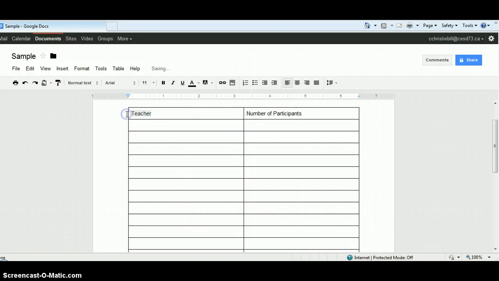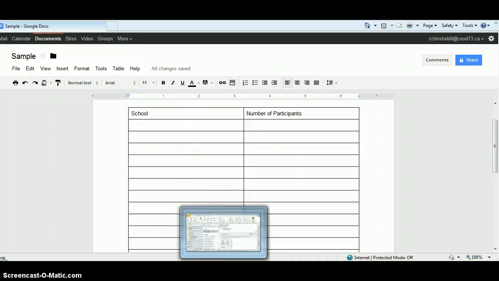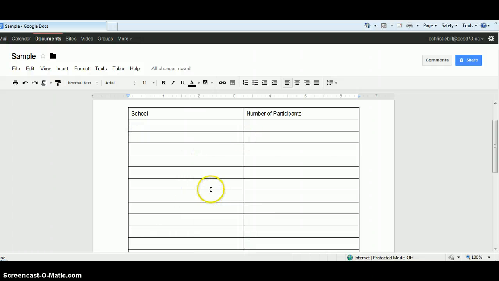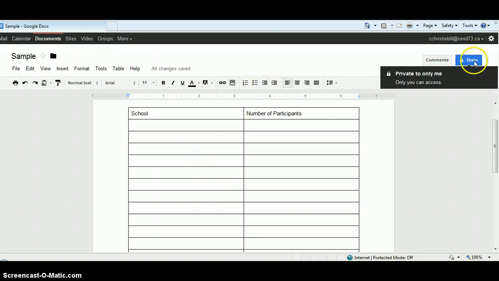So actually, instead of teacher, I might just put school here instead, and then you could decide what you want your criteria to be here for your headers. Then you would send out this document in order for people to be able to populate it with their information, and everyone who has a link would be able to see the up-to-date version. And so how you share this is you go up to the share icon,